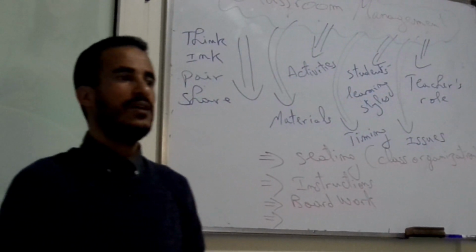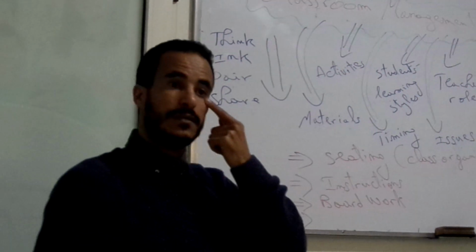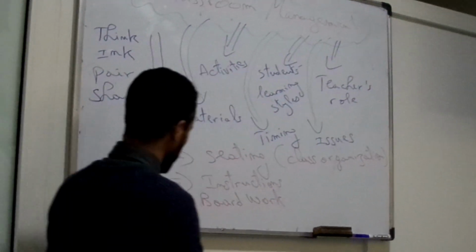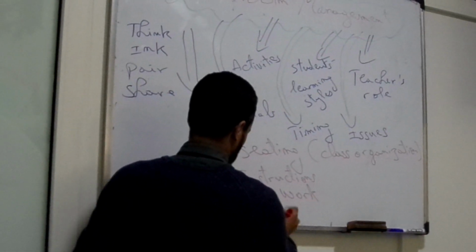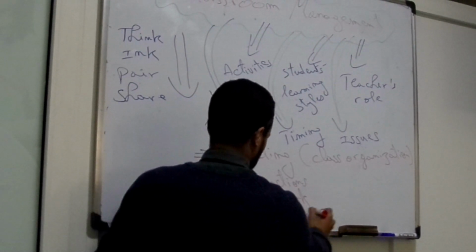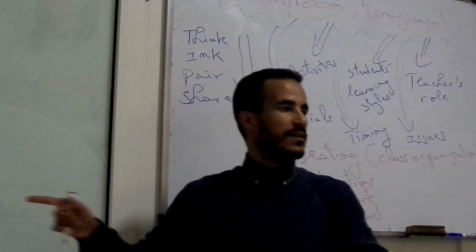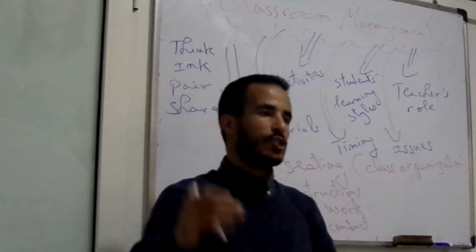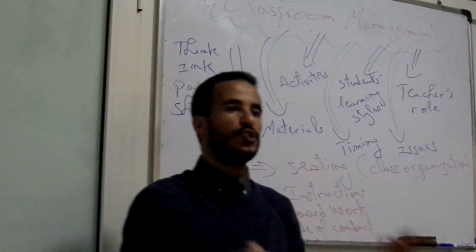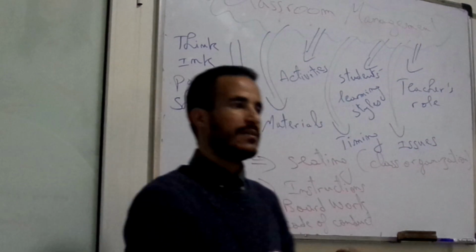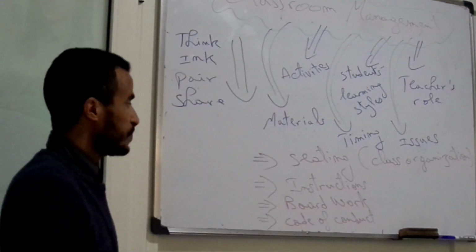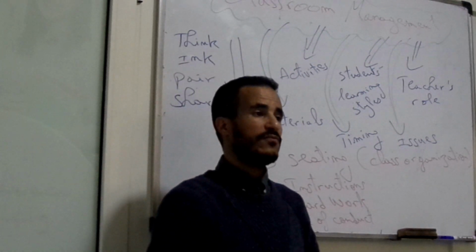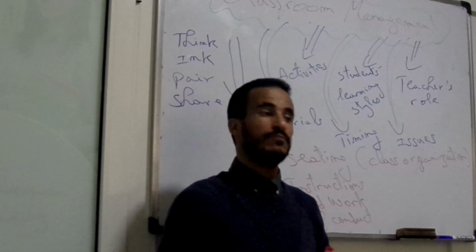Another thing we can add about classroom management. Code of conduct. Good, yeah, code of conduct. Very good. From the very beginning, you have to come on time. If you want to answer, raise your hand, okay? So you tell them what they should and shouldn't do in class from the very beginning. Good. So these are some parts that you have to know about when we talk about classroom management.